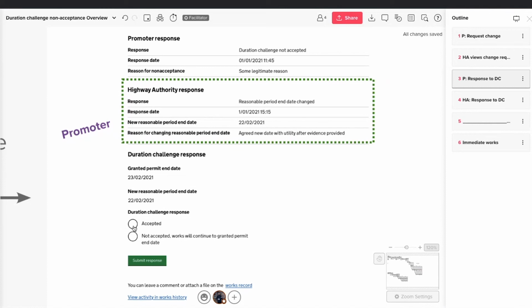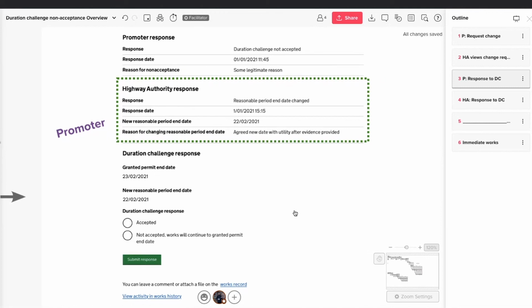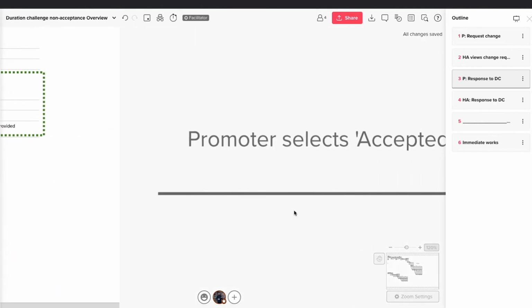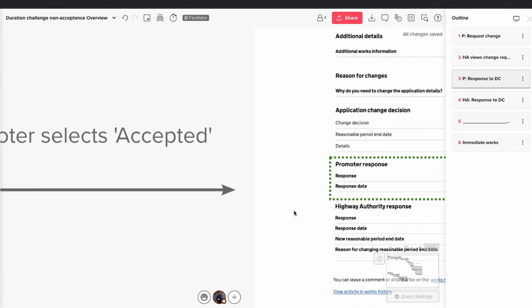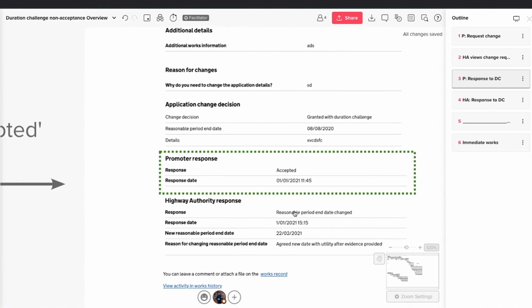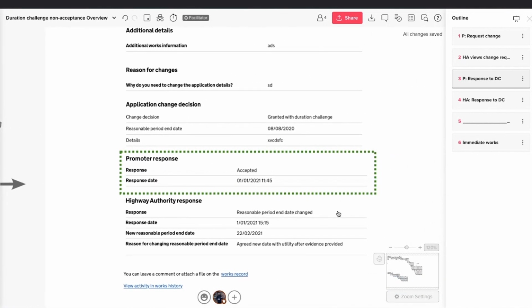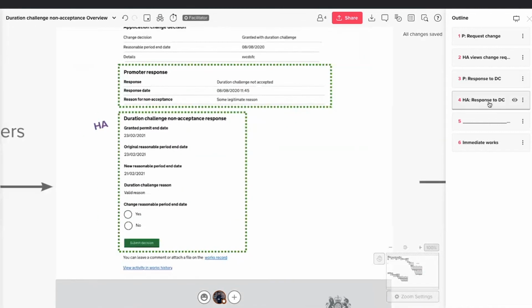So if we just look at accept, they've been given the 22nd. We don't let it go back through another duration challenge process. This is a one-off process. We don't. That's a big thing. We don't want that tennis going back and forward. So here I accept. So if we go back to the Highway Authority now, Kristen, and this time change reasonable